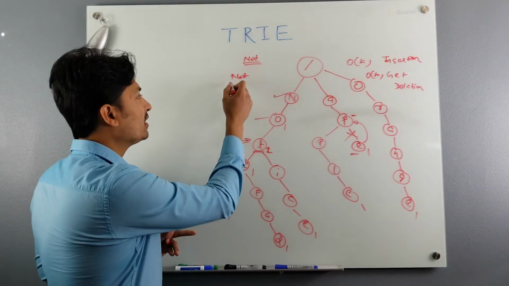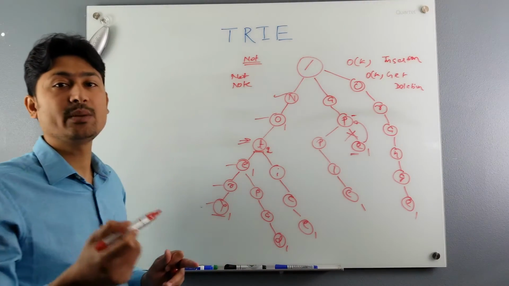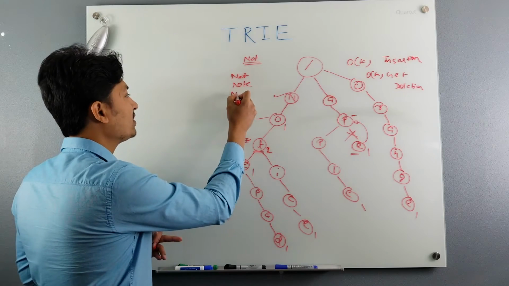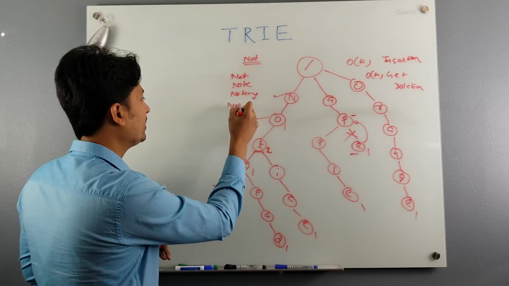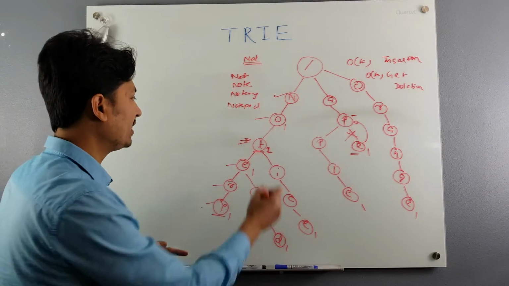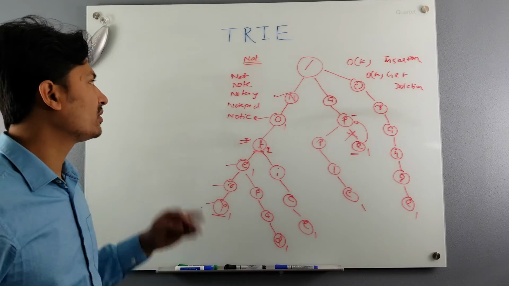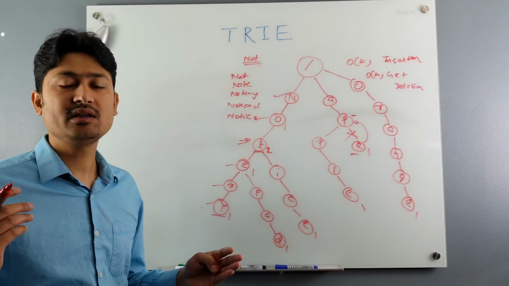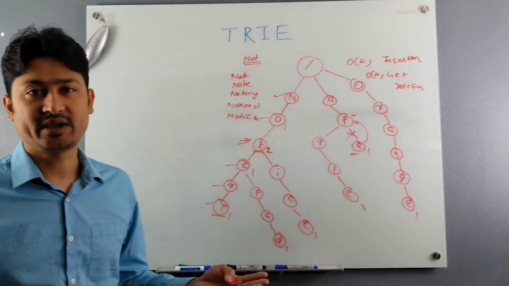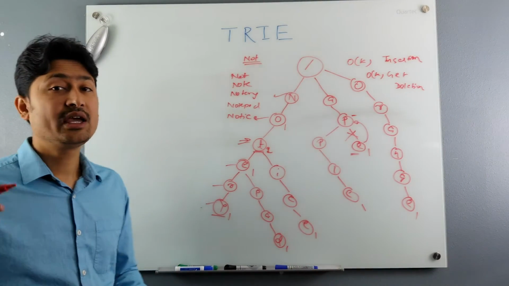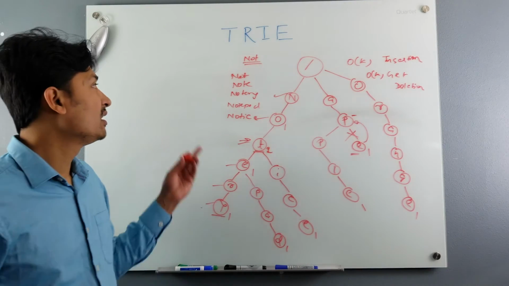Then you go to E, which has a count greater than 0. So "note" is a word with the prefix "not". Likewise, we have "notary". Then once you go to that route, it will be "notepad". And then once you go to this route, it is basically "notice". So that is very helpful in features like autocomplete, where you can find all the words with the common prefix.